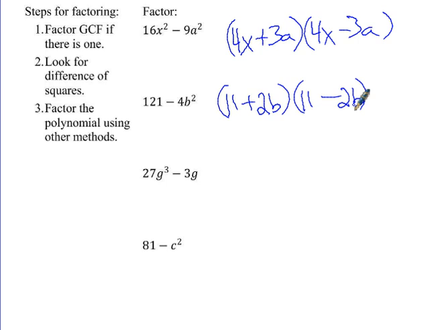On this third one here, what do we do? It's not a perfect square, but what's the first thing we're supposed to do? A GCF. Is there a GCF here? Yeah, 3 is just 3? 3G actually is the GCF. So I'm going to write 3G, and then parentheses, what's left over? 9G